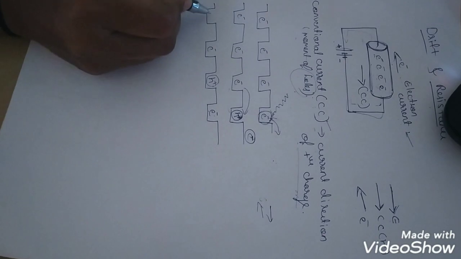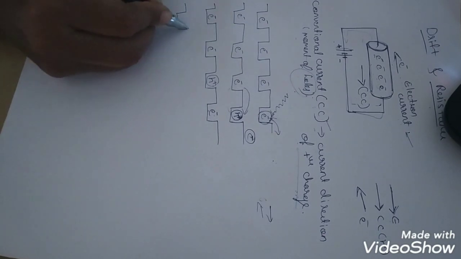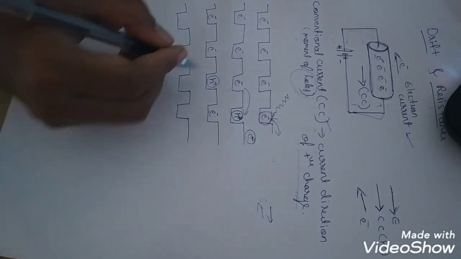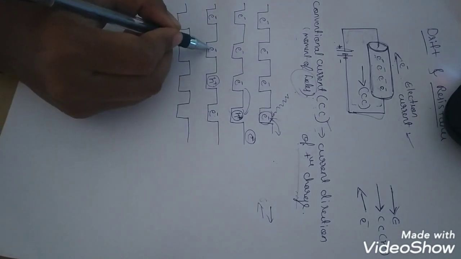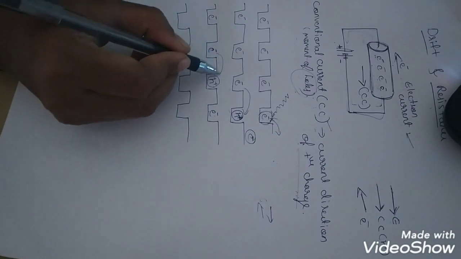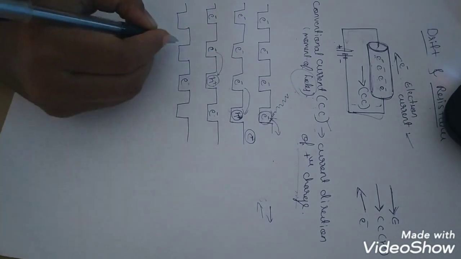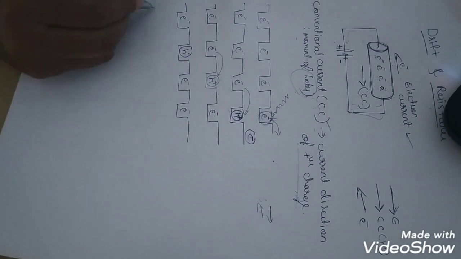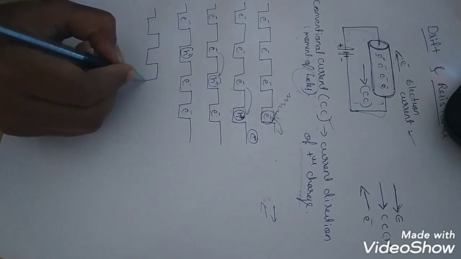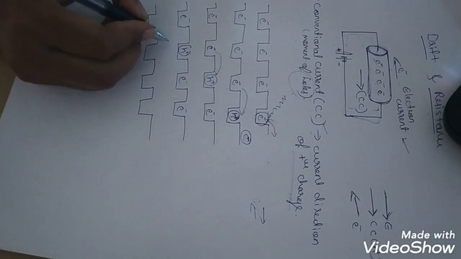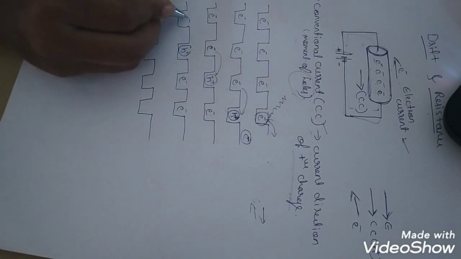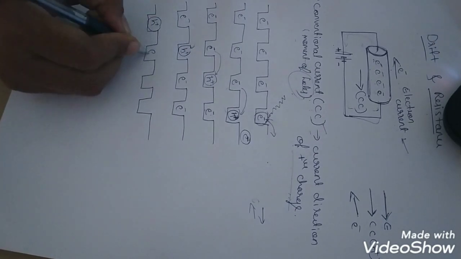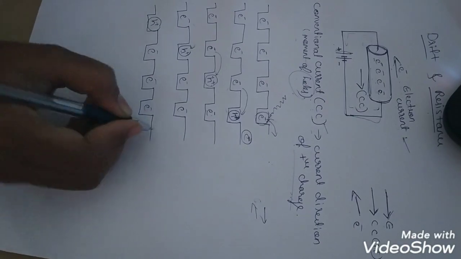So these are the electrons, same as previous. Again, this is a hole. The electron which is present over here will jump to this place. Again a hole is created over here. Similarly, for the last one, the vacant place is there. The electron will jump and occupy that vacant place. A hole will be created over here. So like this, the electron will move.